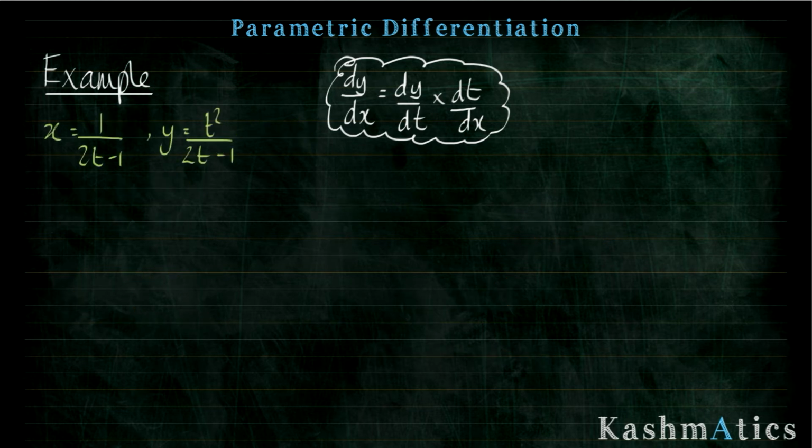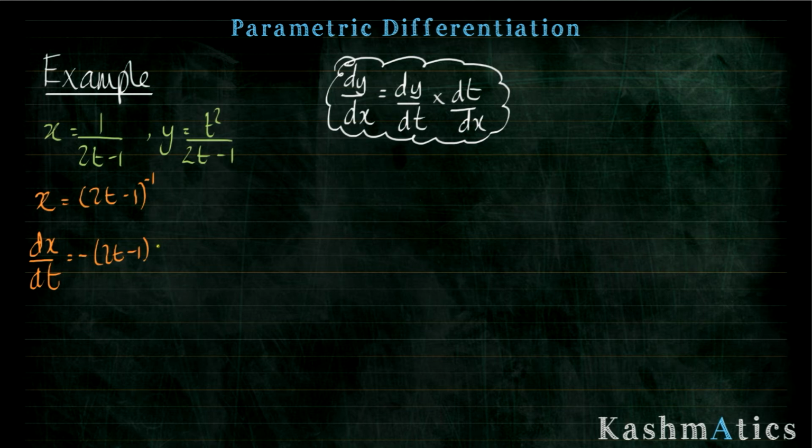So this next example is a bit more involved. What we've got over here is a quotient, and what we've got over here is a reciprocal function. So let's do the reciprocal function first, and before I do it, I'm just going to rewrite it slightly differently. So x equals 2t minus 1 to the power minus 1. Alright, so let's do dx by dt first. So remember, this is something to the power minus 1, which will be minus, and I don't have to worry about the 1,